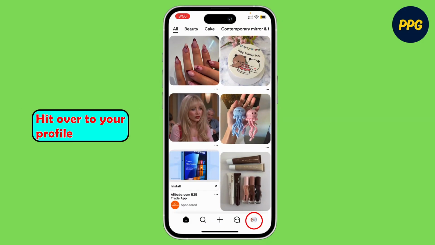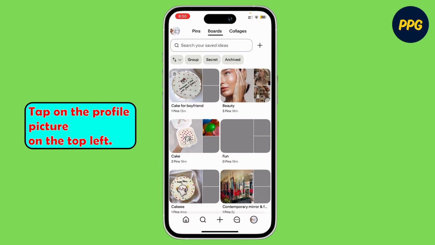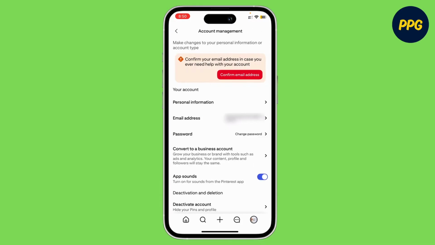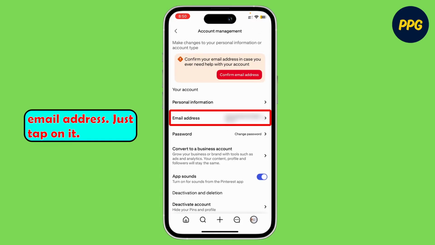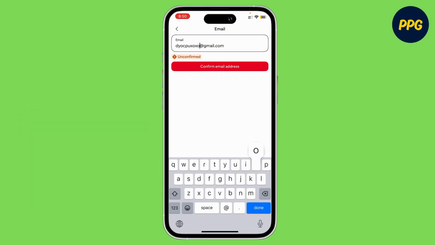Head over to your profile in the bottom right corner. Tap on the profile picture on the top left. Go to Account Management. There you'll see your email address. Just tap on it. Remove the email address there is and put in the new email address, and then